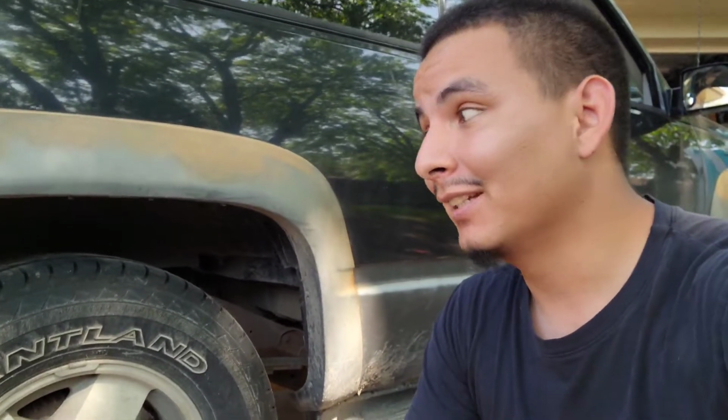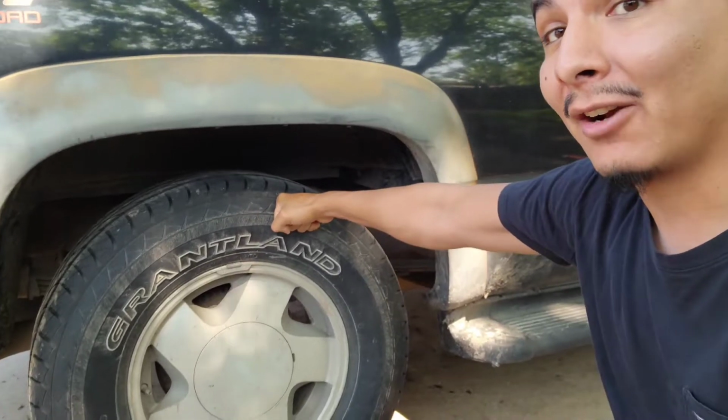I'm not gonna lie, those wheels, they're not the ones that I had in mind. I can show you a few pictures as an overlay right here, that these are the ones that I really wanted forever, but everybody and their mom is selling those things for like $1,500 to $1,600 for factory wheels. So I thought they had these installed, and I was like, oh, those are cool, I could do that. But then I found out that they had these on there, and I was like, whoo. At first I was like, it'll be all right, I could rock it. But now that I've seen them in person, and now I'm trying to imagine how they're gonna look on here,